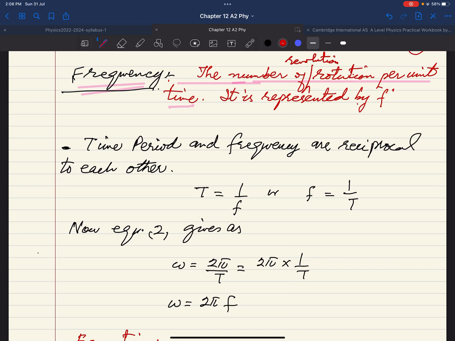You know that it is represented by small f. You also have studied this in your IGCSE or O level, that the relation between time period and frequency is that they are reciprocal to each other. So simply you have been writing T is equal to 1 over f or f is equal to 1 over